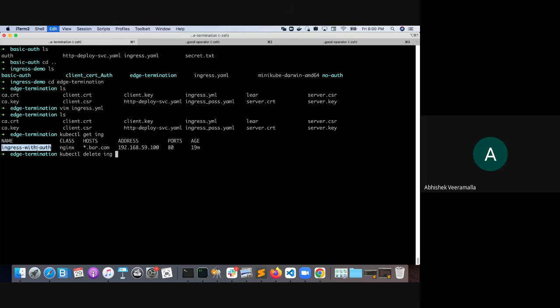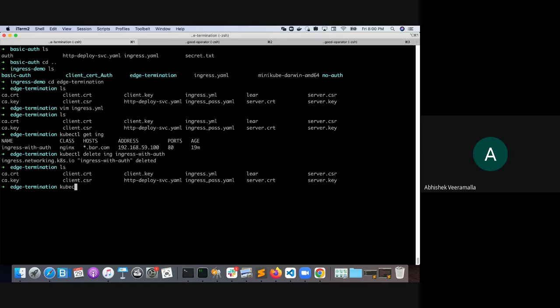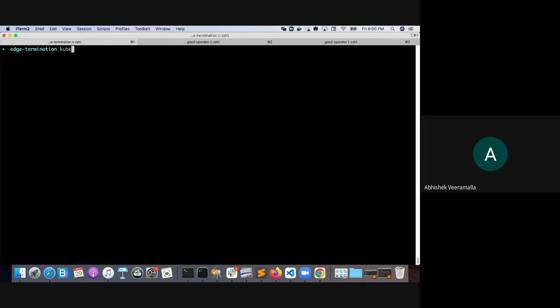I have to delete these ingresses because I have some of the names common. So sorry for that. kubectl apply. So now the ingress is getting created with